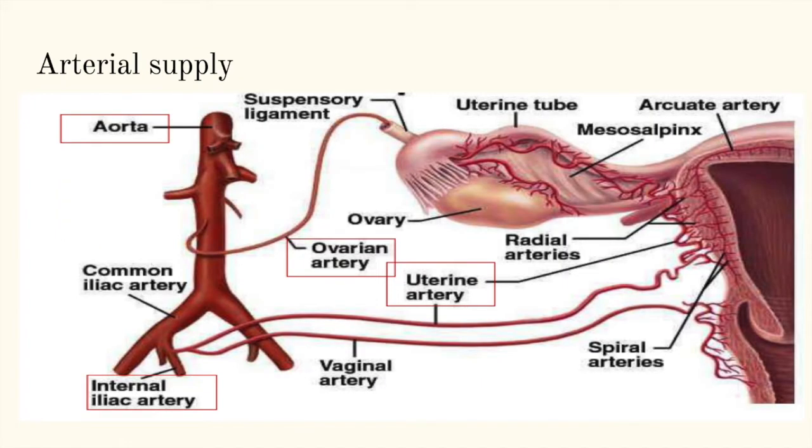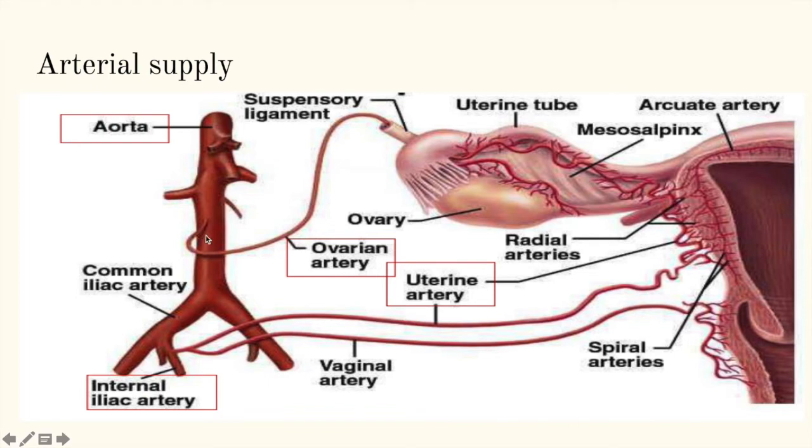Now we'll see the blood supply. The medial 2/3 of the fallopian tube is supplied by the uterine artery. The lateral 1/3 is supplied by the ovarian artery. Here you can observe this is the infundibulum having a fimbriated end, and this is the ovary having the upper pole which is enveloped by this fimbria, and this is the lower pole which is attached to a ligament known as the ligament of ovary, and this is the suspensory ligament or infundibulopelvic ligament.